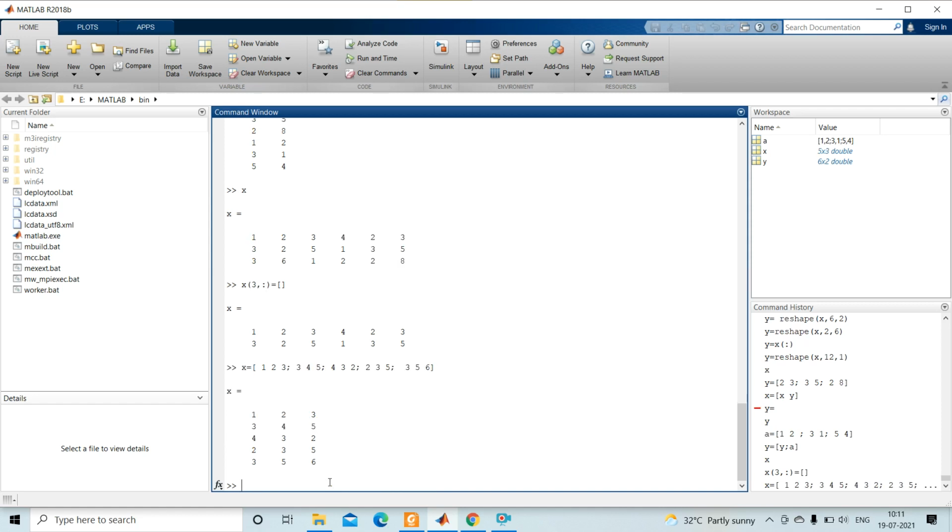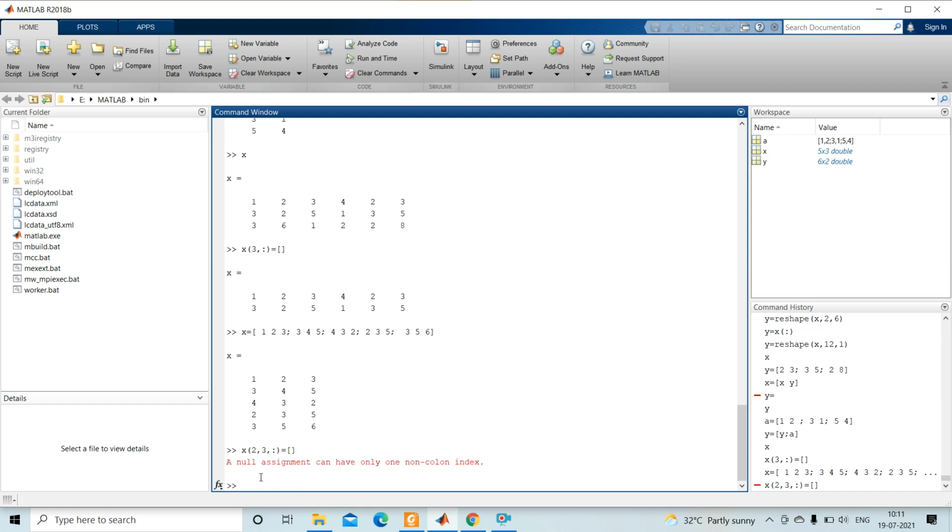So this is our new matrix. If I want to delete, we have here 1 2 3 4 5 rows. If I want to delete the 2nd and 3rd row, what I want to write is x bracket 2 comma 3 comma colon symbol, this is equal to null vector.